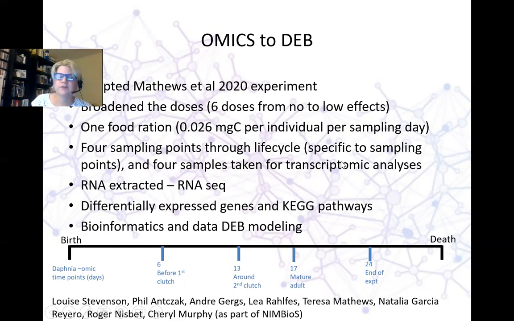And from these 4 sampling points, we had to be very careful about exactly when we sampled, at what time of day and at what stage the Daphnia was. And we needed to get enough tissue so that we could do the transcriptomics. So we then took 4 individuals and individually sequenced them, looked at the differentially expressed genes, and then KEGG pathways,